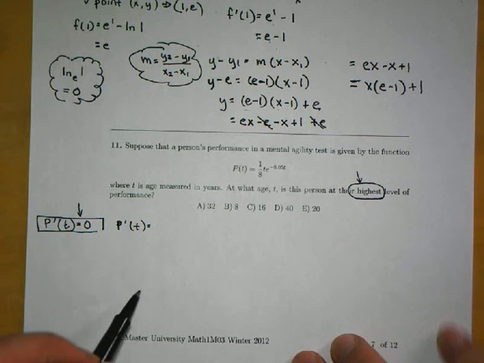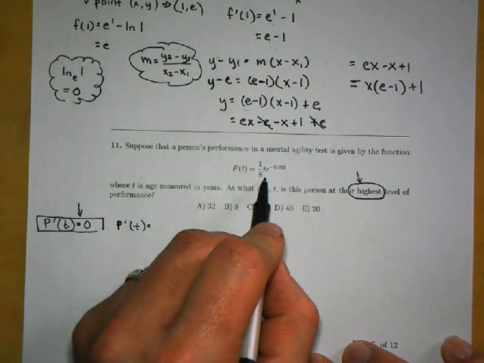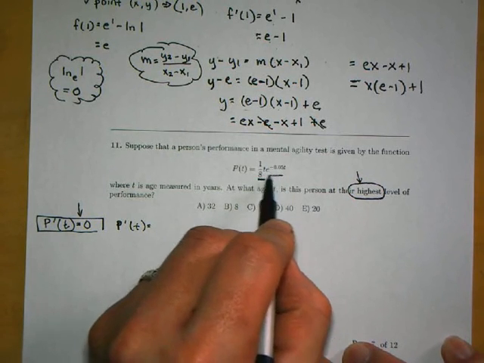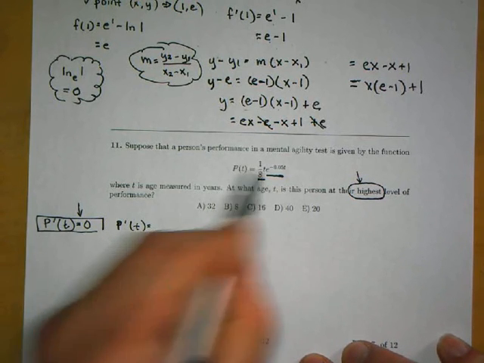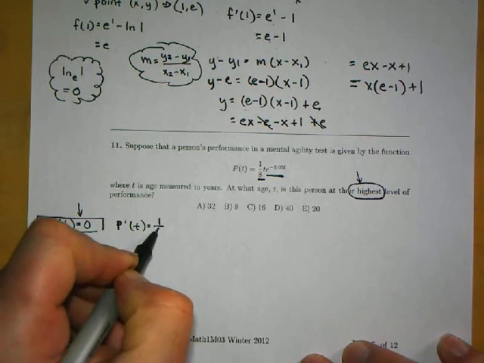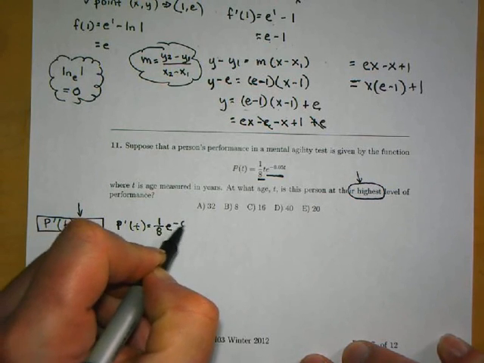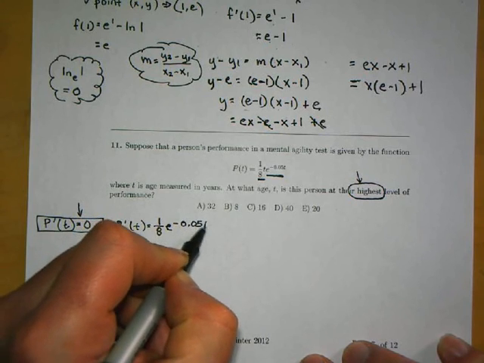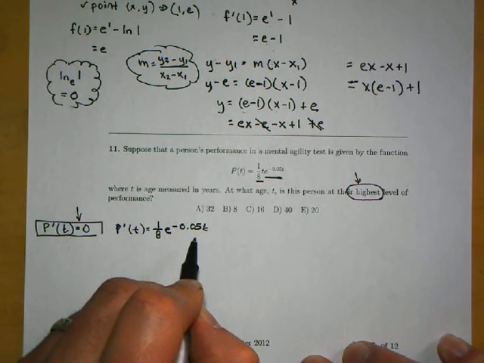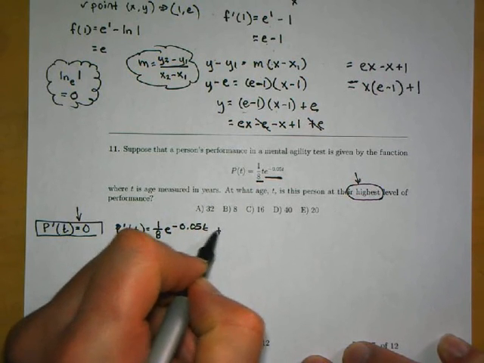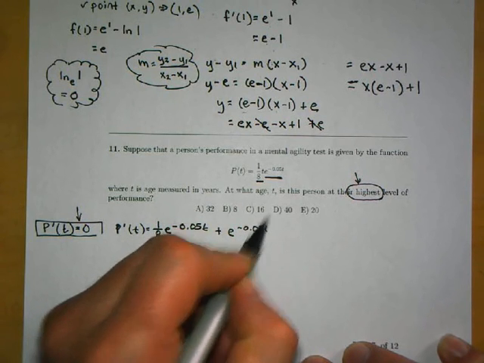P prime t is equal to, so my f is 1/8 t, and my g is e to the negative 0.05 t. So the derivative of 1/8 t will just be 1/8, times e to the negative 0.05 t. Okay, so that's f prime g. Now g prime f, here we go, plus e to the negative 0.05 t, so the derivative of e to that